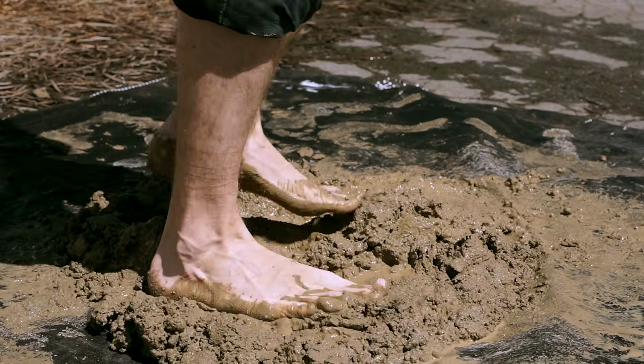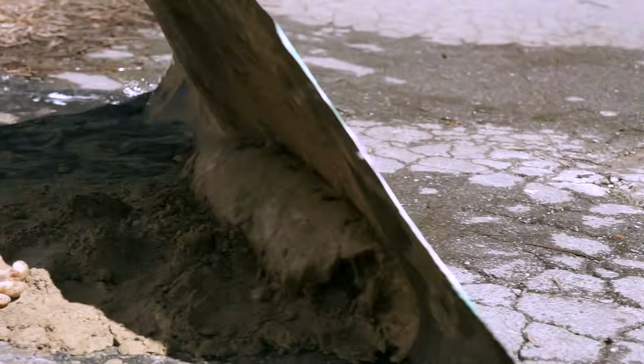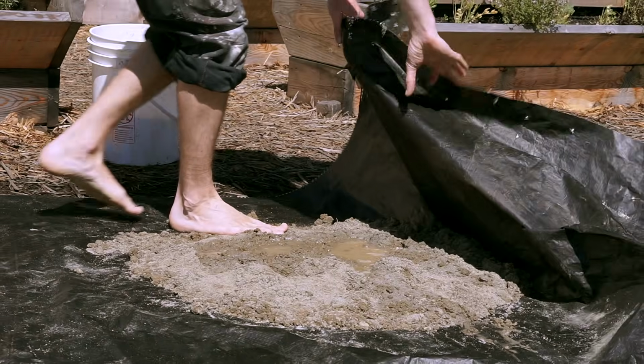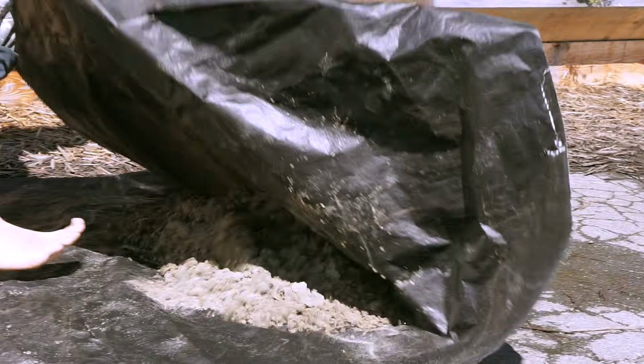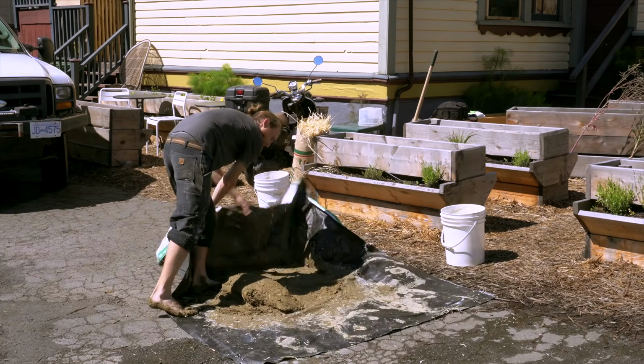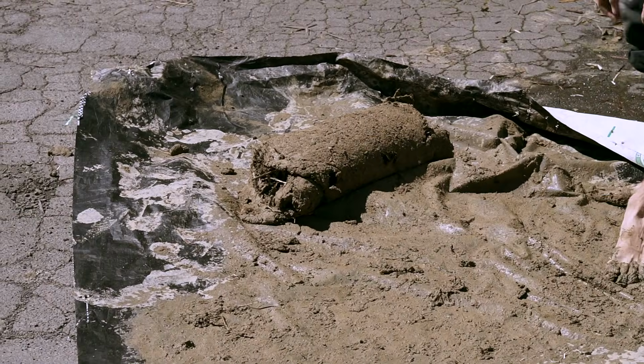Seeing what the conventional building industry was doing in North America, there were some people who wanted to bring back building with the earth, building with really simple, really accessible materials, something that you didn't have to go to the hardware store for, or something that you didn't need all that infrastructure to produce, something that was very creative. And so a big part of why cob came back and is flourishing again is because of